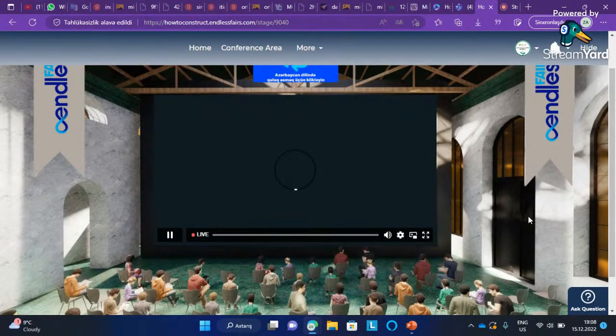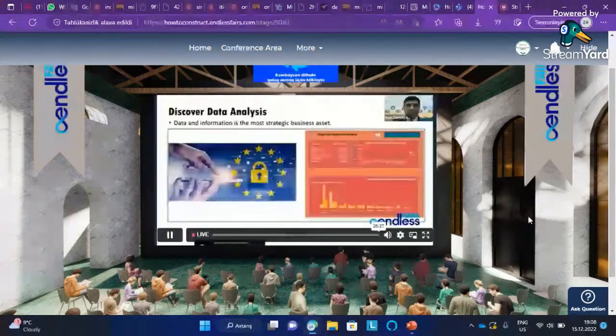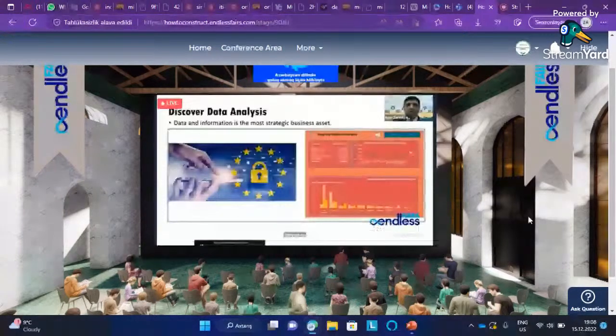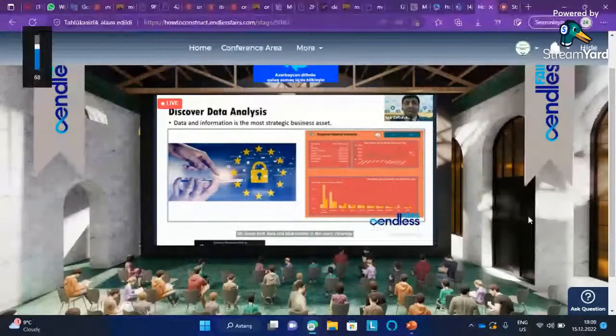Data is the most strategic business asset. It means that if you have the necessary data, you are the controller. It means that you control your company, right? Your activity. So data and information from this point of view is